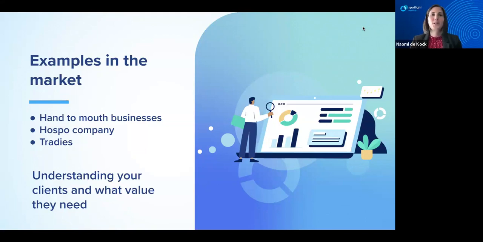And once again, these are not wealthy businesses saying, oh yes, we have thousands and thousands of dollars to give you for nothing. These are guys that are honestly struggling, but they can see the value in those forecasts, and they're able to continue their business or make the tough decision, obviously, because sometimes that is the result as well. So I just wanted to showcase these three examples to show that it is a really amazing offer for you guys to go and support your clients and bring them the value, and to bring it all the way back around to what Monique was saying, where it's basically about understanding your clients and what value they